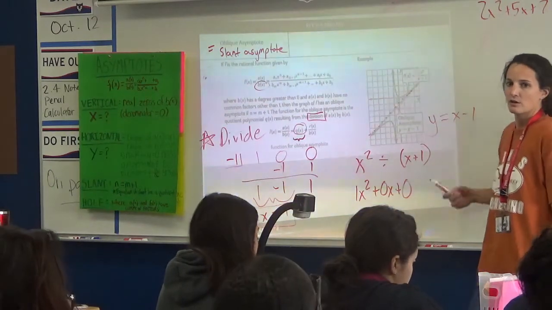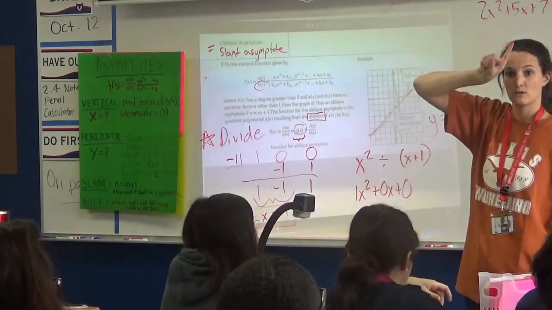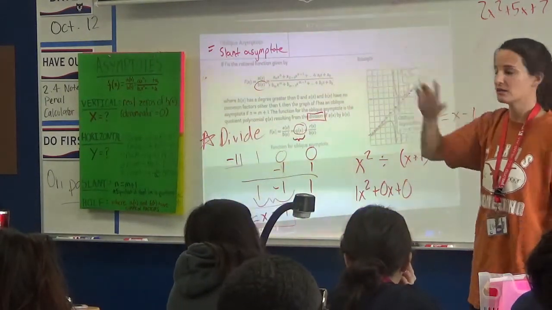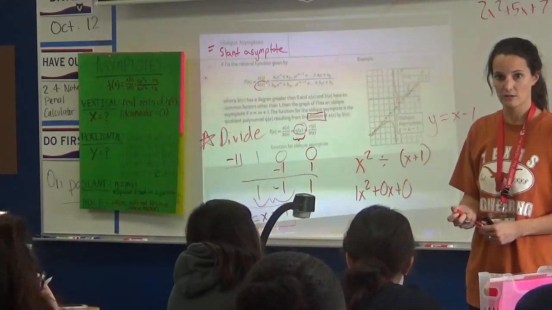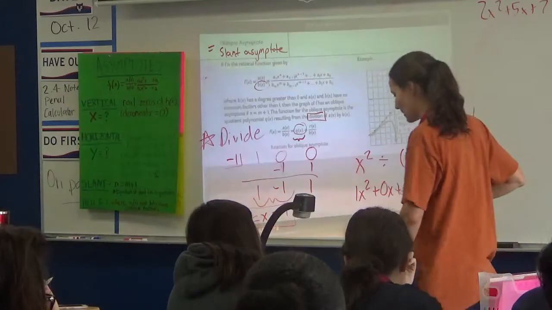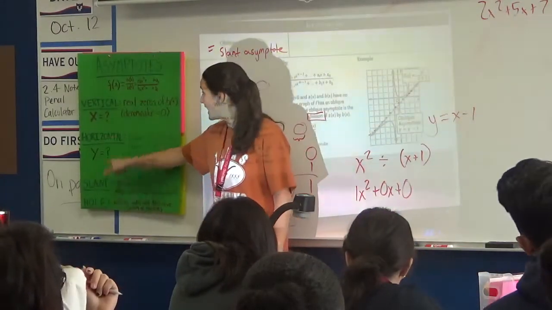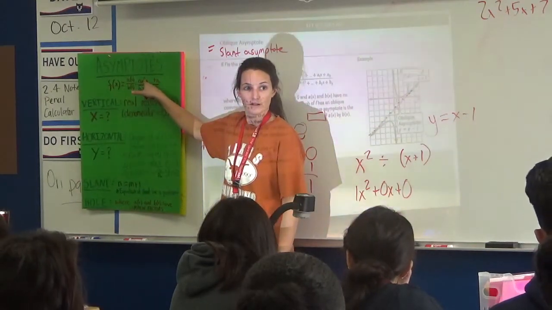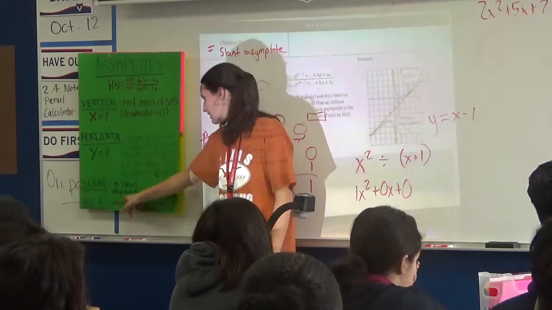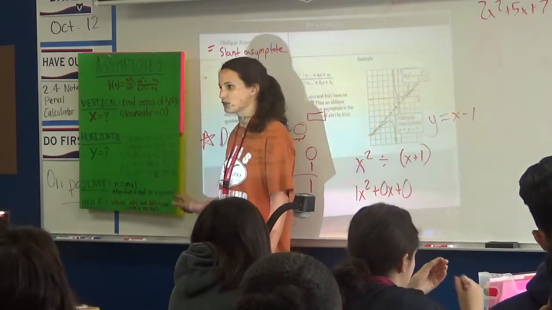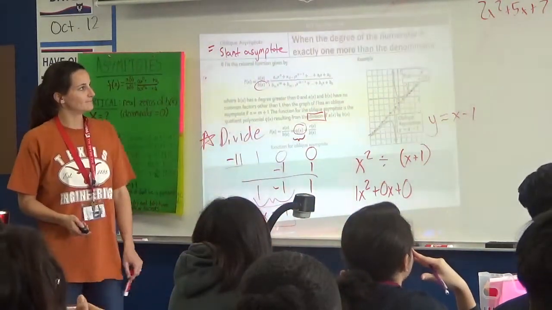Okay? So when do we have an oblique asymptote? When the numerator is bigger by 1. How do we find it? We're going to do synthetic division to divide the top polynomial by the bottom. Okay? That's kind of a summary of this. So if you look at my poster, this little n equals m plus 1 means the n power on the top has to be 1 bigger than the power on the bottom. And then I wrote right here, equation of the slant line is the quotient. So you have to divide to find the slant line. Cool? Alright, let's try it.